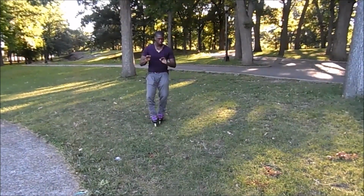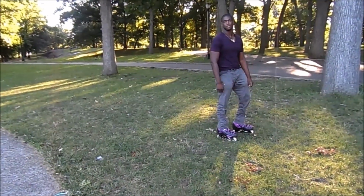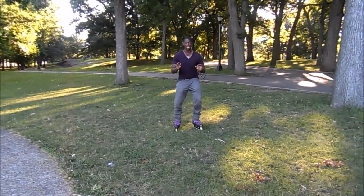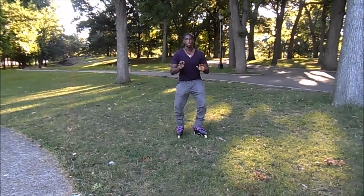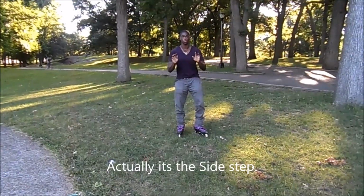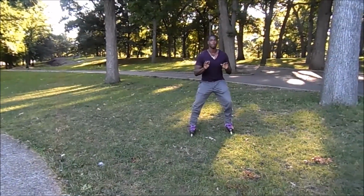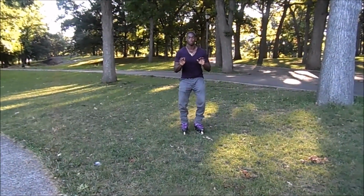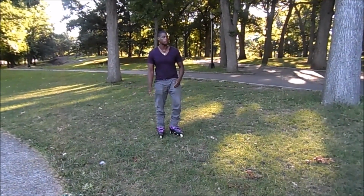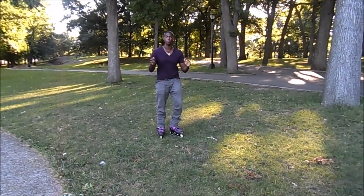Practice turning, walking forward, until you're comfortable with your skates. Right. Another move that is very important to know, besides the duck walk, is called the side-to-side shuffle. That's something that I just made up, but it's very helpful and useful. All it is, is stepping side, side, like that. This allows you to go over obstacles or curbs very easily at a nice slow pace until you become more